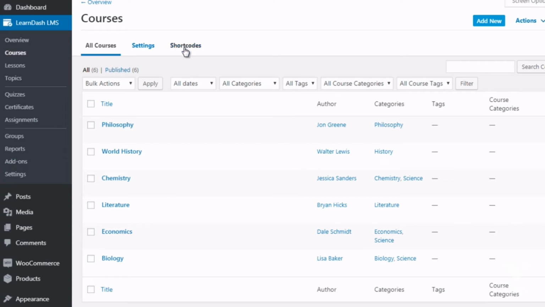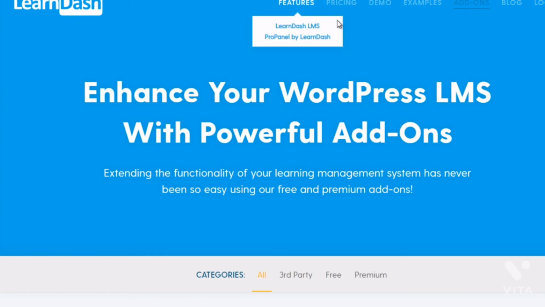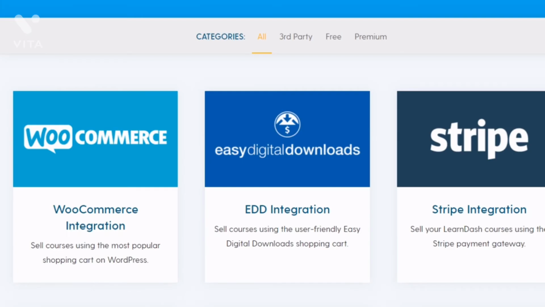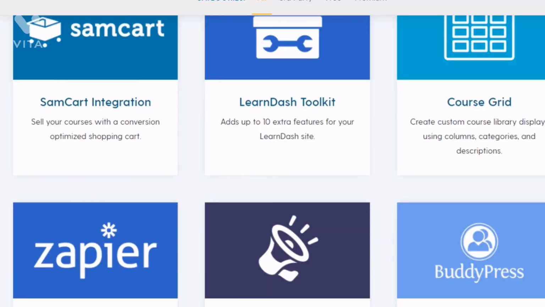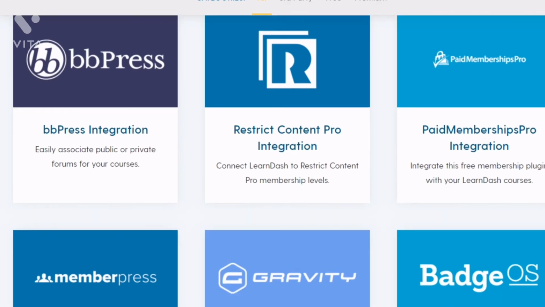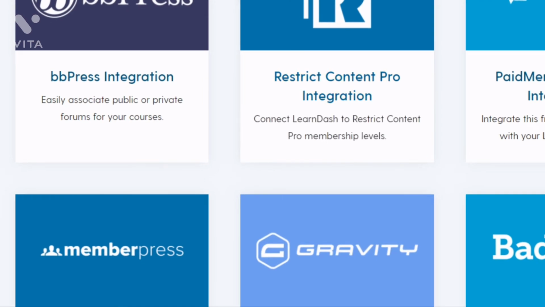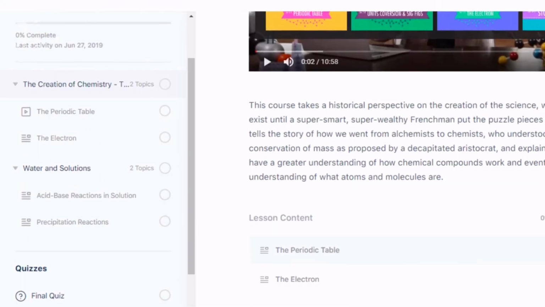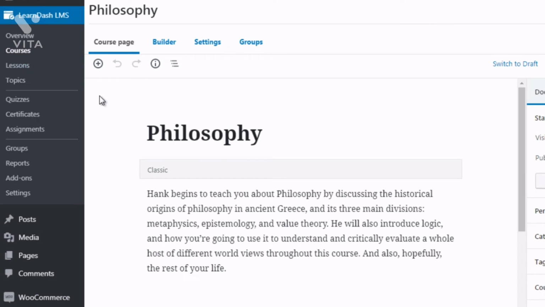Now, within add-ons, that allows you to add different elements to your learning management system. So we showed you earlier, if you go to the LearnDash website and you go to add-ons at the top, you'll be able to get a list of different add-ons that you can use and integrate into your site. Now, if we go into a course, in this case, we have philosophy, you can see that there's the title,